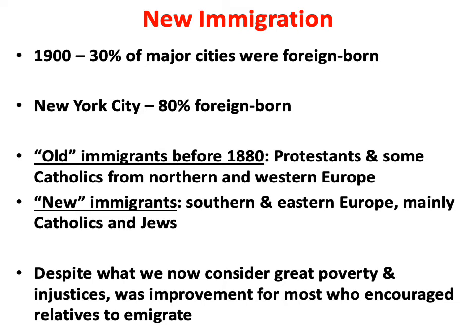Now, when we look at the photos, which we will, and the living conditions of these immigrants in the large cities, I showed you a minute ago the Mulberry Street, New York City, with the Italian immigrants. We'll see a lot more in subsequent lectures about how they're living in what today we would consider atrocious conditions, great poverty, and social injustices, which there were. But we have to go back in our time machine. At that time, for the immigrants, they considered this much better than where they came from.